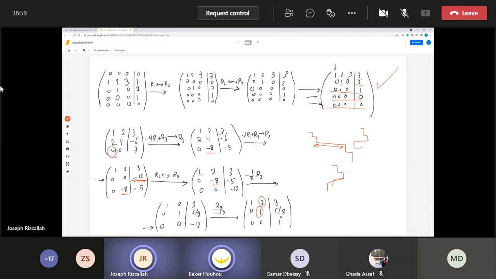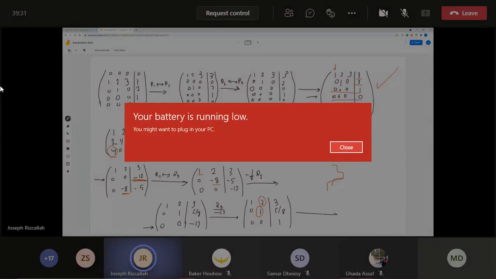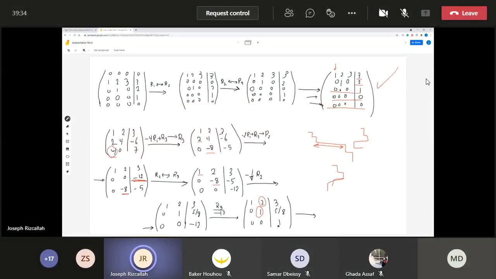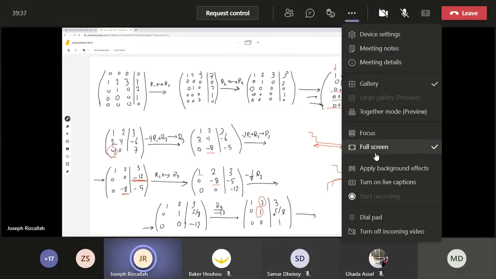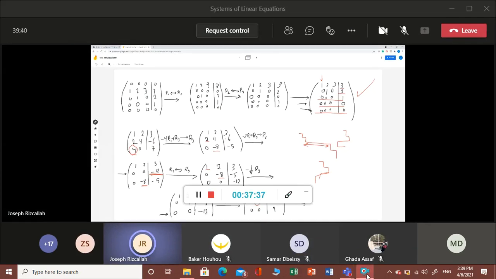Yes, doctor. Okay, now how can we change this matrix into reduced row echelon form? I want to make this entry 0, and I want to make these two entries here 0 too. So look what I'm going to do. To continue our transformation, first I will make this number into a 0, this number here, and I can achieve this by simply